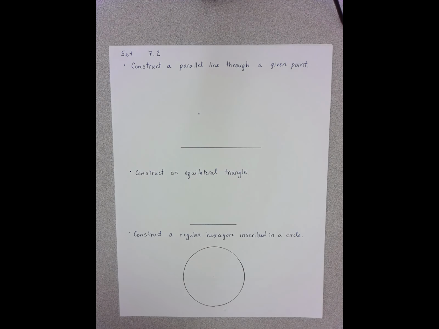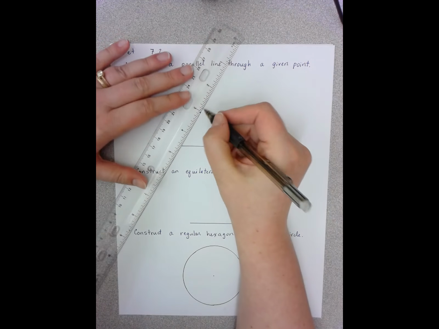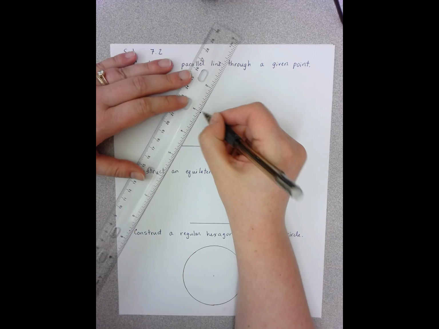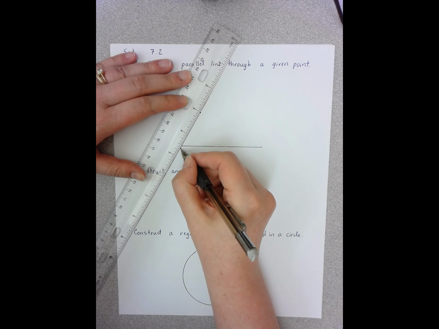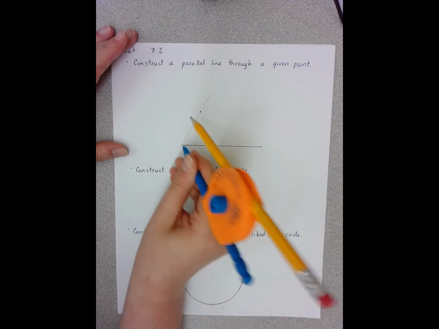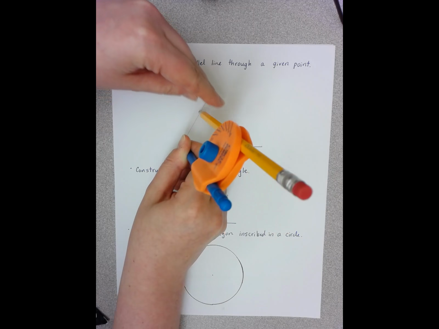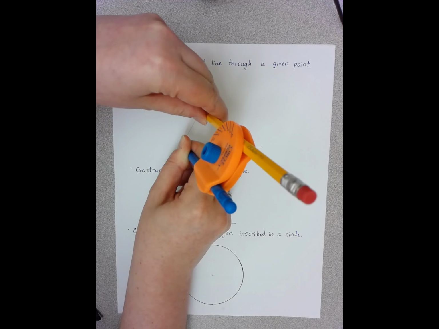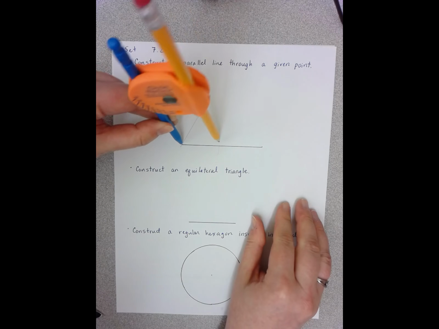Rhombuses are really special. They allow us to construct all kinds of things. In this case, we can construct a rhombus, and that will allow us to get some parallel lines because the opposite sides of a rhombus are parallel. So the first thing I'm going to do to construct my rhombus is finish off this length. I'm going to draw the line that goes through here. And then I'm going to use the length from this corner up to the point as the length of my rhombus. So I've got 1 side, 2 sides,